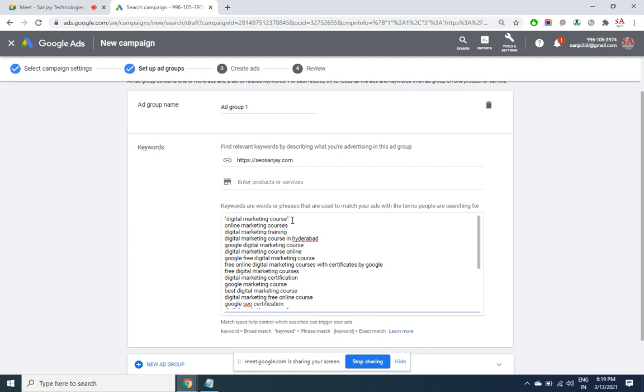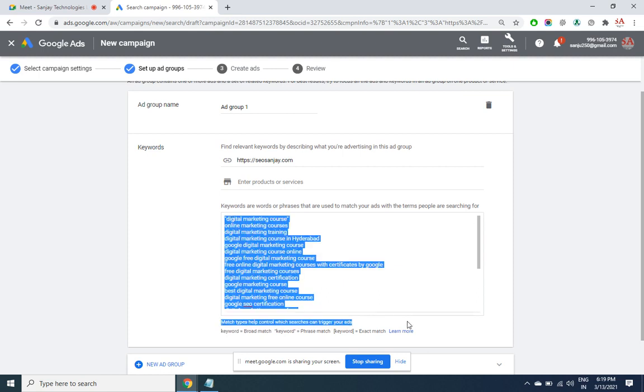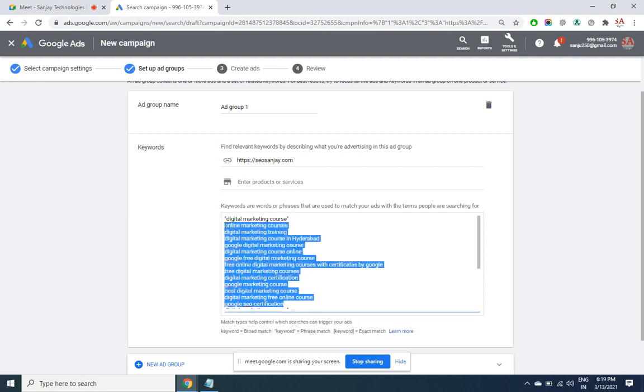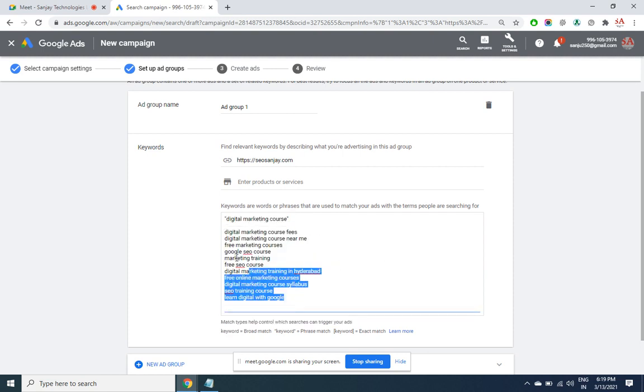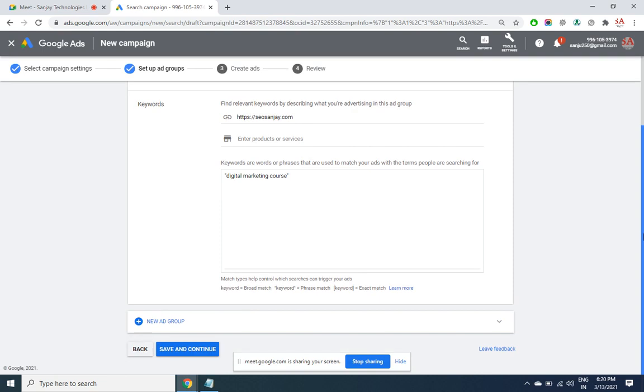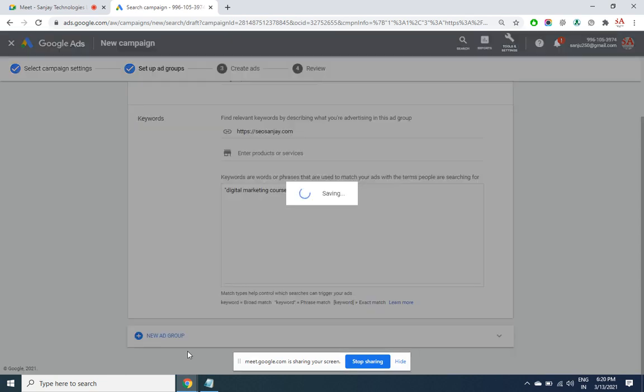If you are not targeting the search engine, then you may directly give it plainly, like if it is a display campaign and all that. Save.